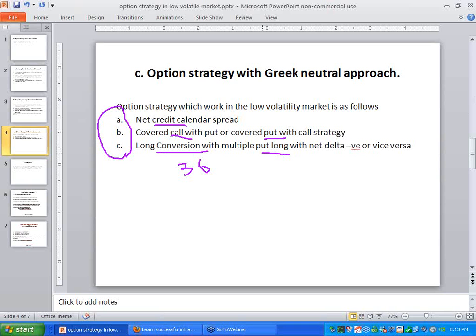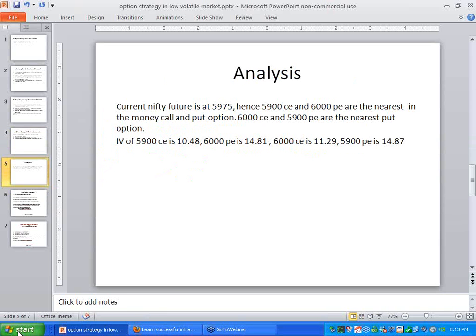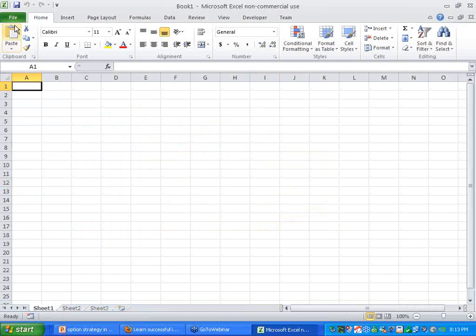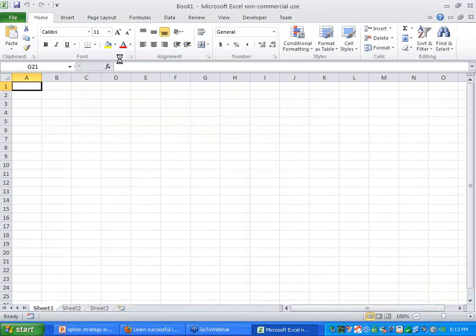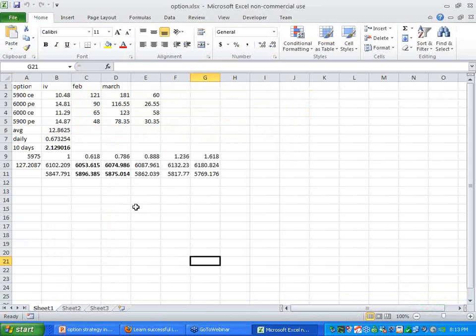So we'll just go for the analysis. What are the theoretical concepts I have told you? Same thing we'll analyze now, and same thing we'll discuss in terms of our practical point of view. So today Nifty future